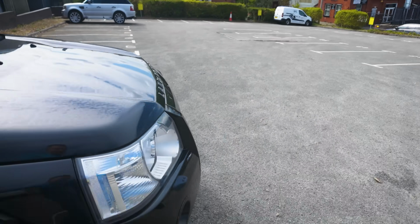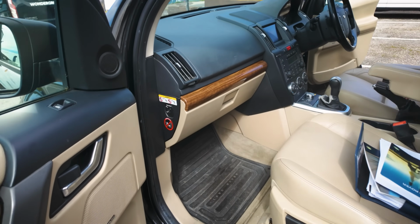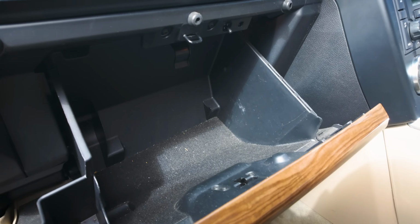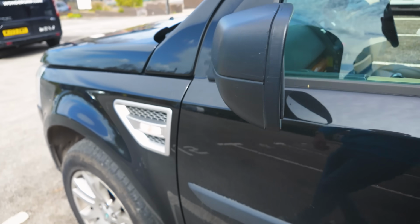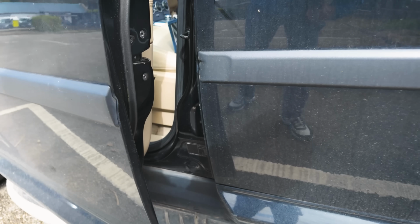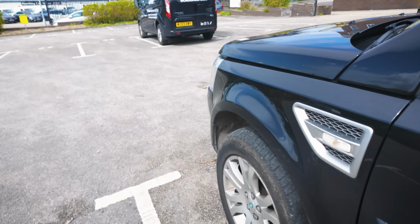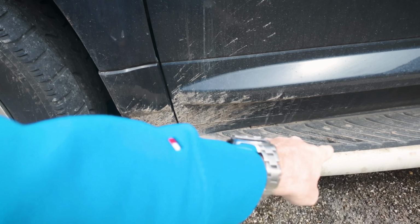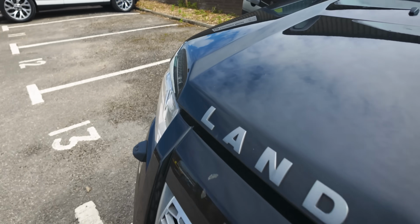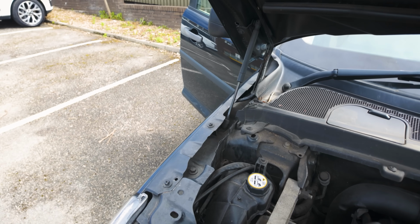Let's have a look under the bonnet. Nothing in there, no goodies. No drawers under there either. Something's catching there, isn't it? I think the door card's rubbing on the rubber seal there. Oh no, it's not. It's that weather strip there, rubbing on the side step. Okay, well my gas struts are just about to fail. Still a little bit of hope there, but...